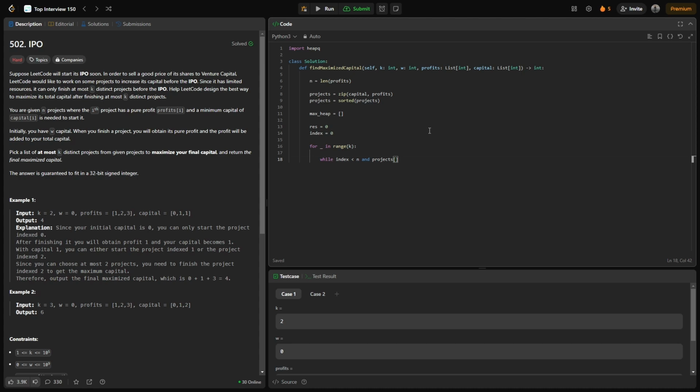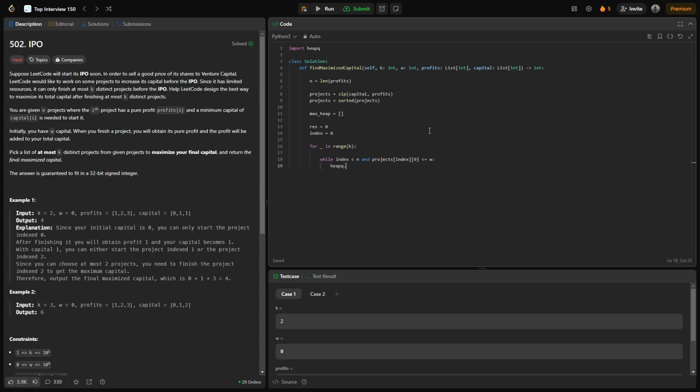So let me do that. While index less than n and the project index, and here I'm going to pass in 0, because the capital is already at the 0th index, is less than or equal to my current working capital,